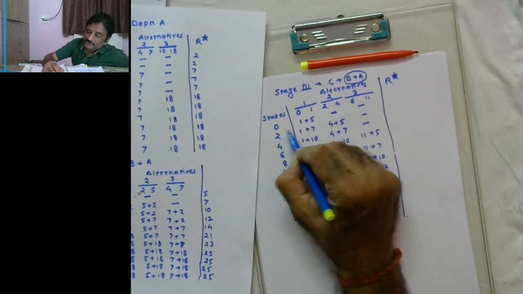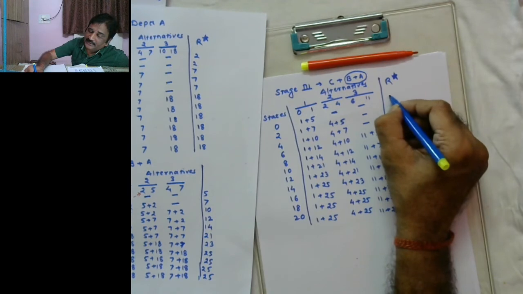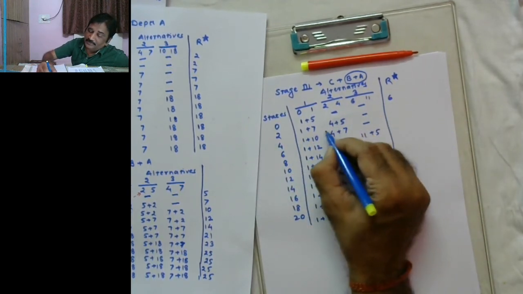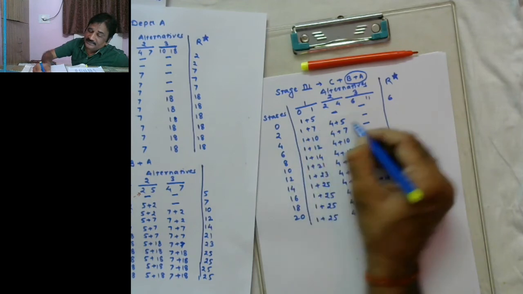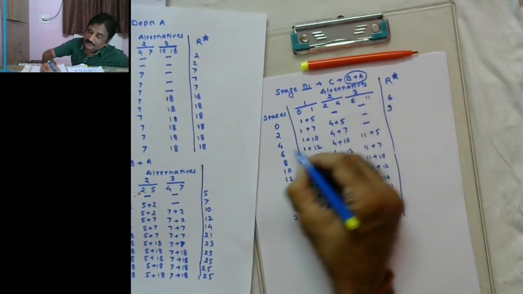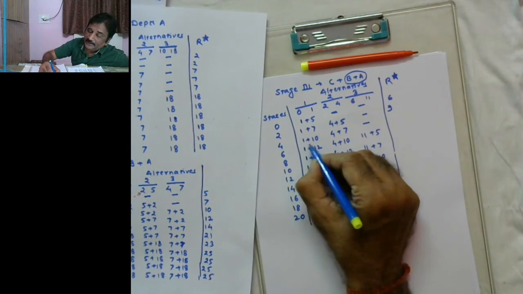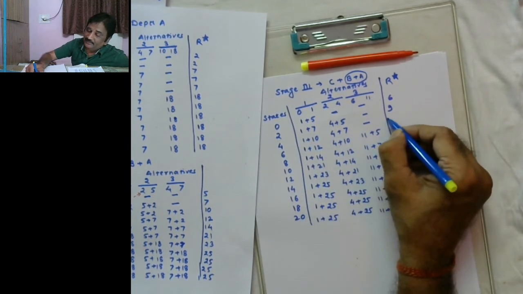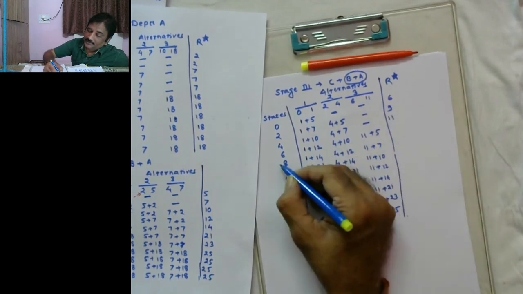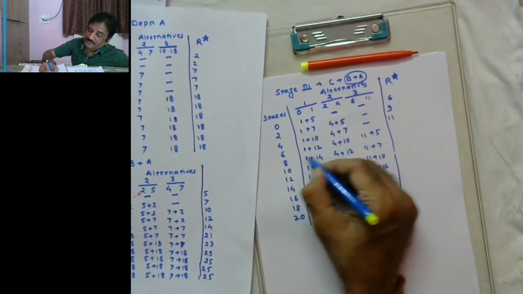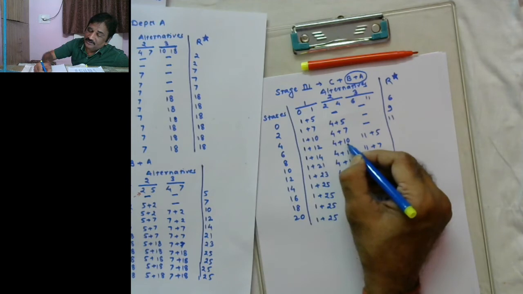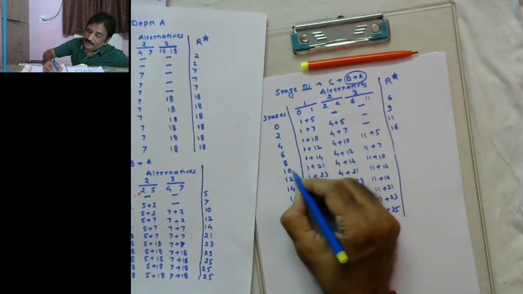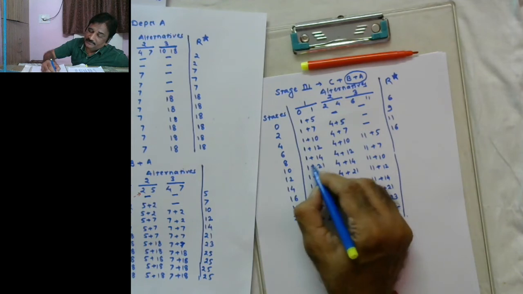So if you have 0 crore rupees, you will be getting the return of 6 crore. If you have 2, you will be getting the optimal return of, here it is 8, and here it is 9. Then if you have 4 crore, you will be getting an optimal return of 11. If you have 6, the optimal return is 12 plus 1, 13, 14, and here it is coming out to 16. Then if you have 8 crore, then 15 and